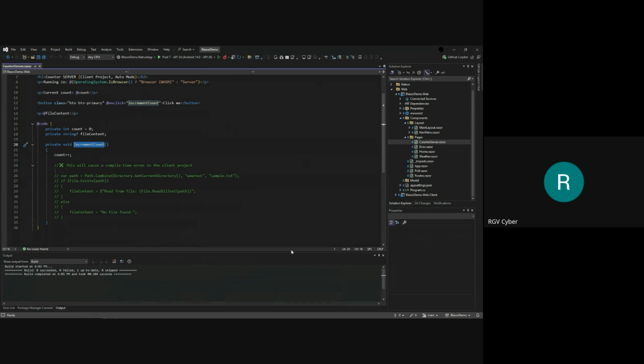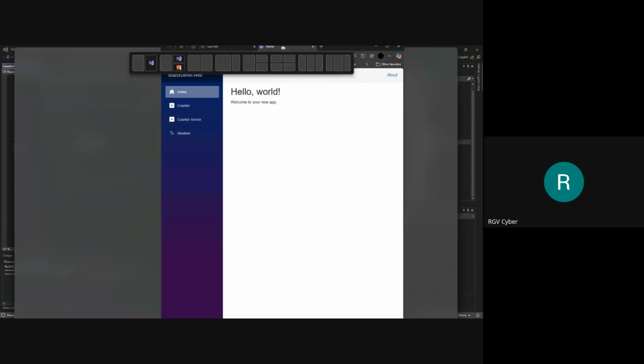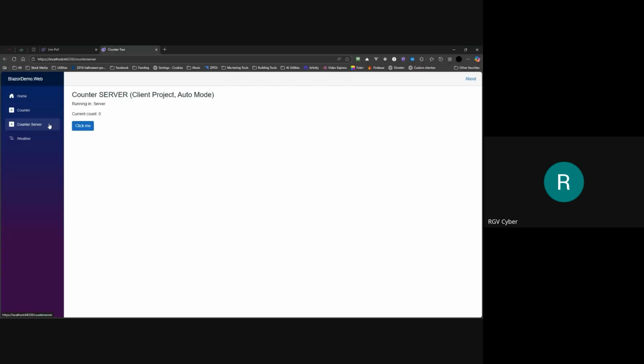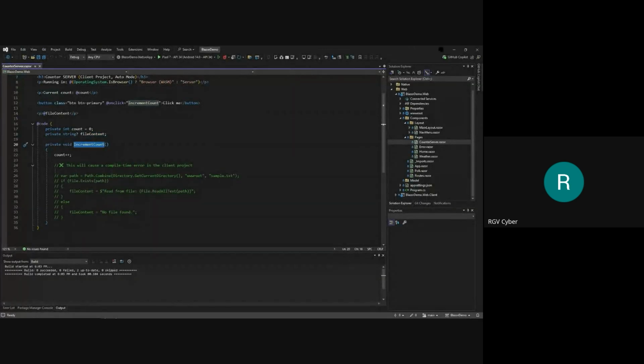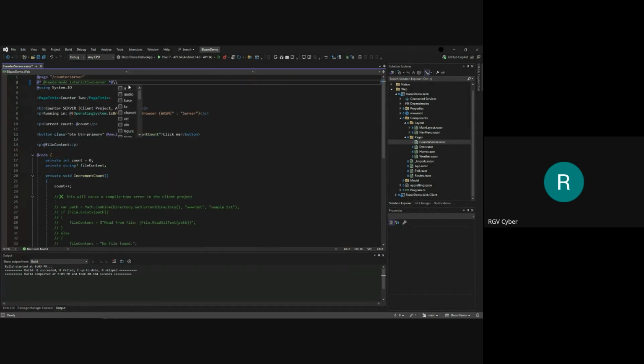And so if I run this and go to my browser and pull that over, and I go to this counter page, you can see here, this is the counter server. It's running on the server here. And if I click the button, it doesn't do anything, because the initial state, if you don't tell it to do anything, is static server-side rendering. It renders the page, shows you the HTML, and then it's done. So what we need to do is go back to the counter page and enable the interactivity by turning that on here. So if I turn that on and I remove my typo there,